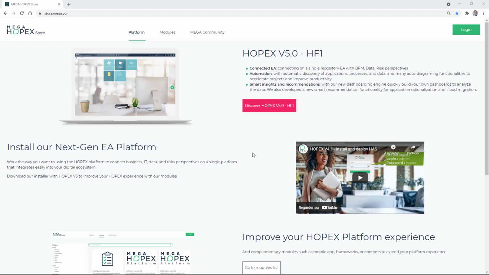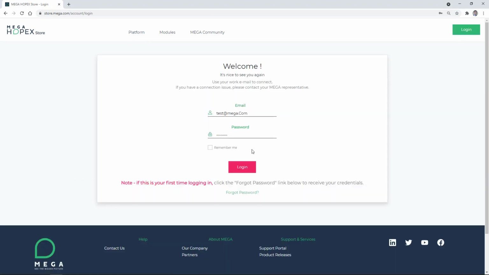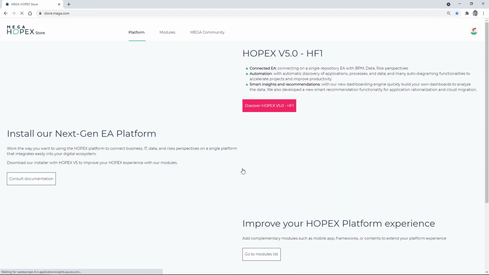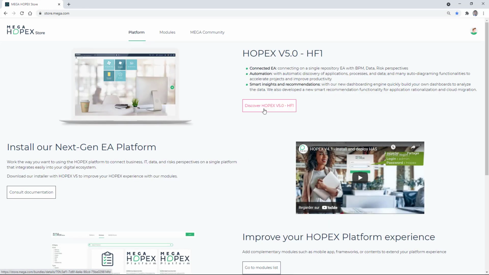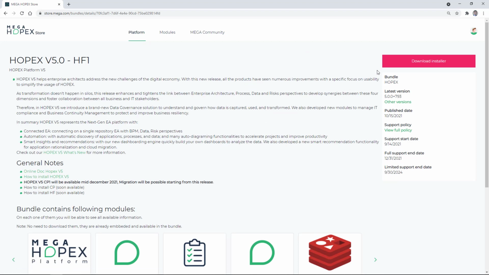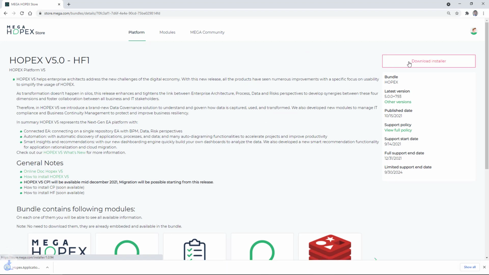Go to store.mega.com to download HOPEX. First, log in with your work email. If this is your first time here, just click Forgot Password to receive a link to set a password. Just log in and then click Discover HOPEX. From there, you can download the latest installer. You can then launch this setup